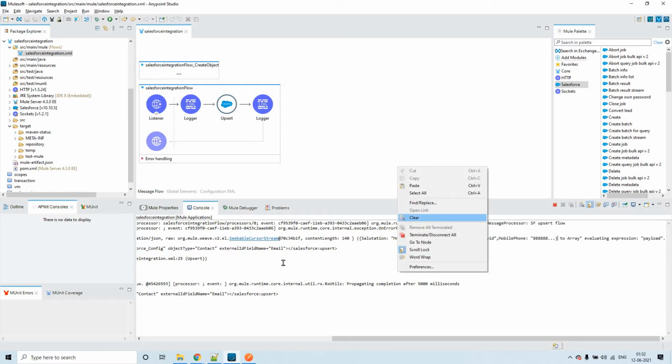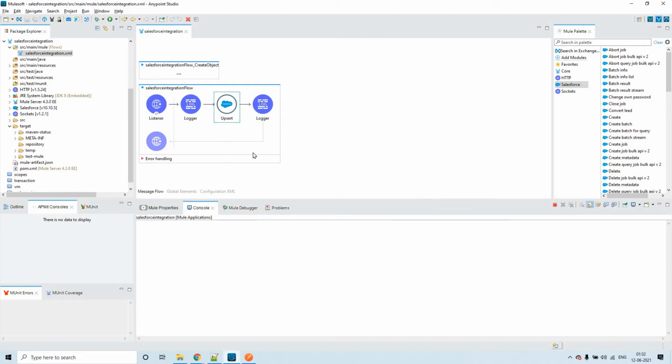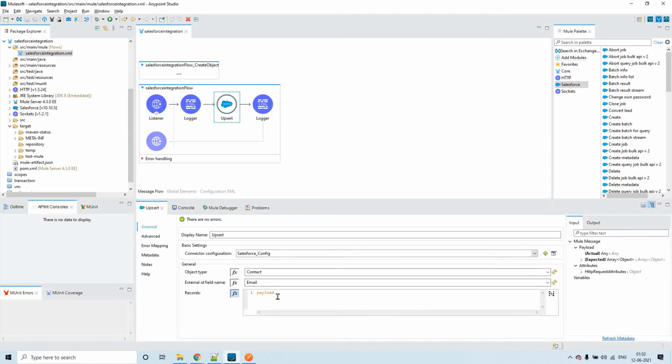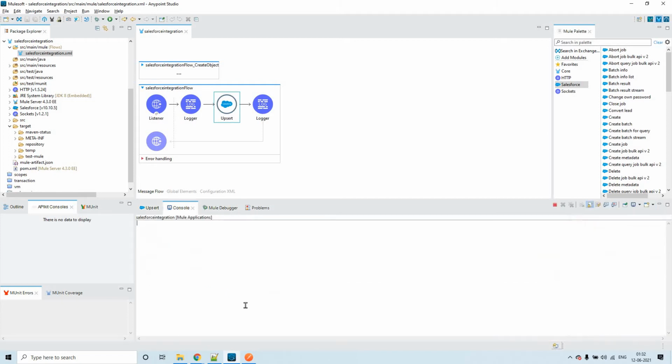As we discussed in the previous session, every operation will expect an array of records, or an array of objects. Here you see it is records, so that means it will be expecting a list of objects. That's why it has failed.